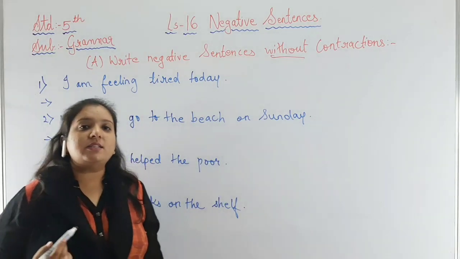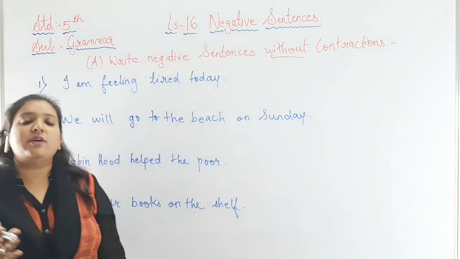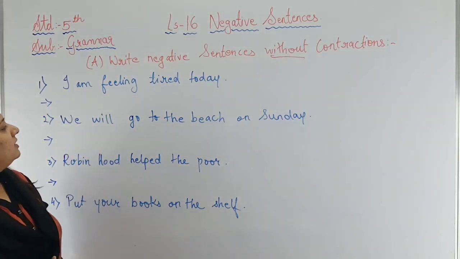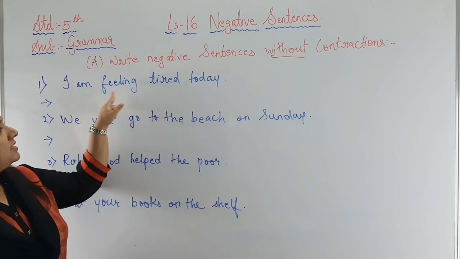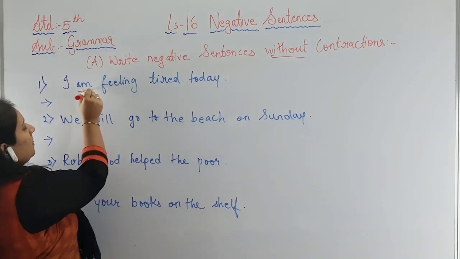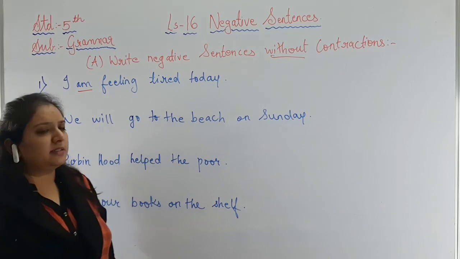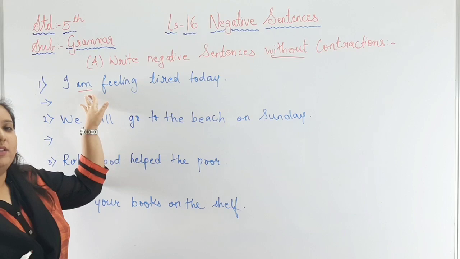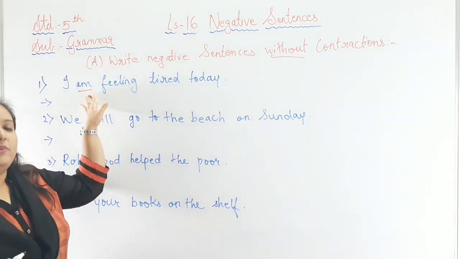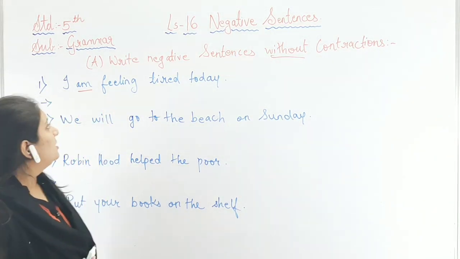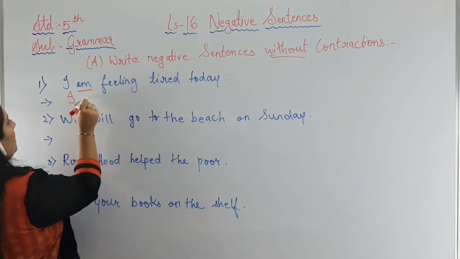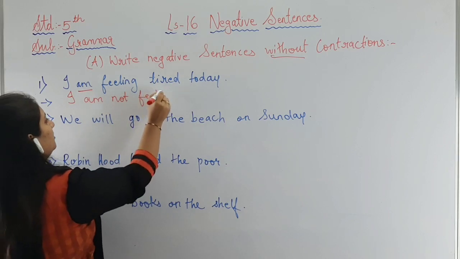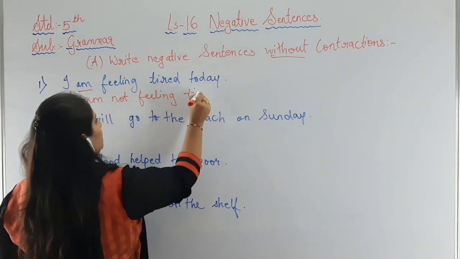So first you have to identify what type of sentence it is, and then you have to apply which rule applies in this sentence. So I feel that there is only one verb in this sentence. Yes, I am. It is not a simple past tense or a present tense sentence. It is just having one verb. So this is rule number 1. Wherever the sentence is carrying one verb, we have to put the word not. So the sentence will become, I am not feeling tired today.